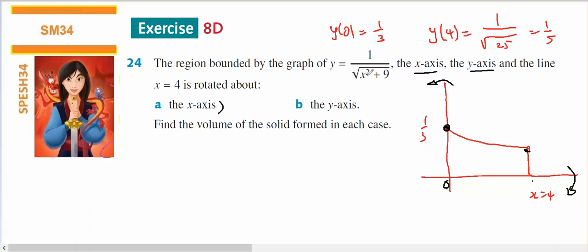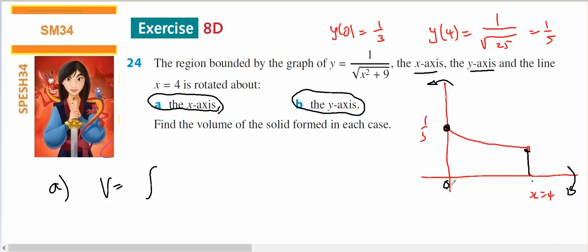And since any value of x that I put in, I'm going to increase my denominator, therefore it's going to get less. So my curve is going to look something like this, and that's x equals 4. I've got to rotate this around the x-axis, find the volume, and around the y-axis. Okay, I'll do the x-axis first. So the volume is going to be the integral from 0 to 4